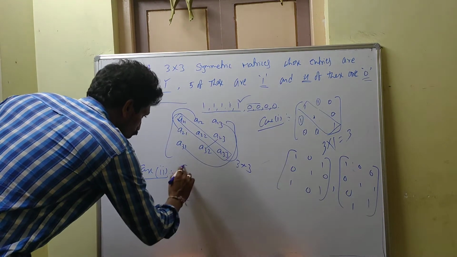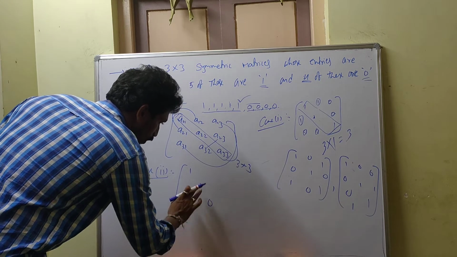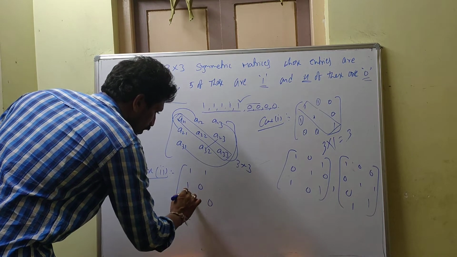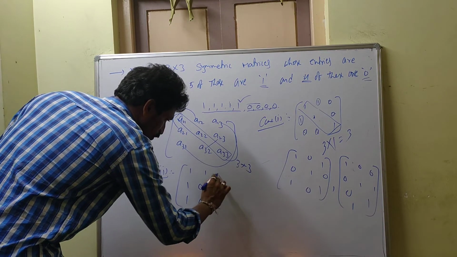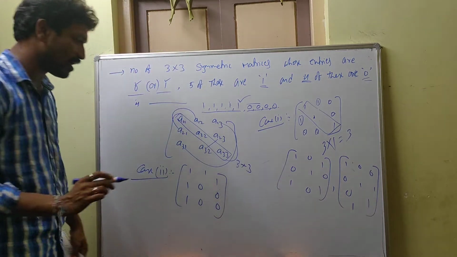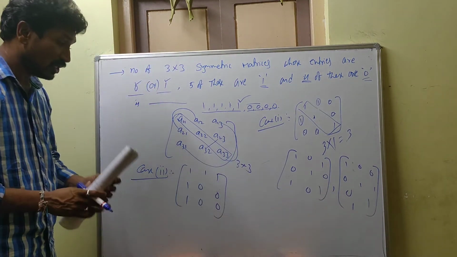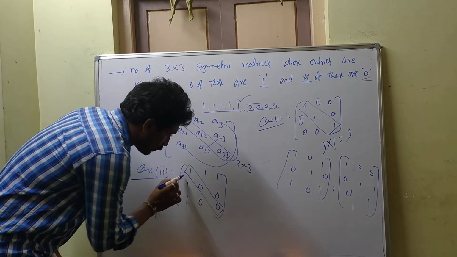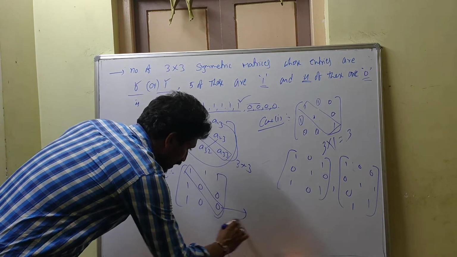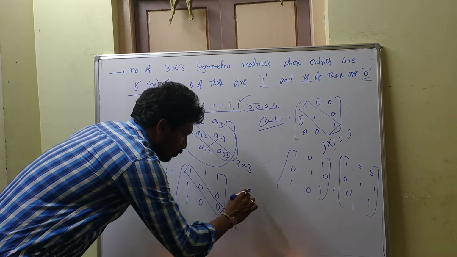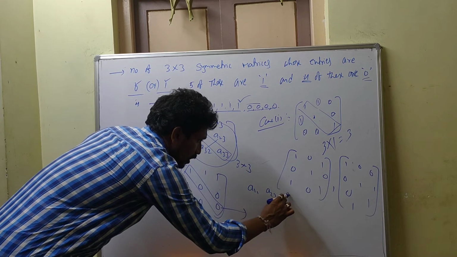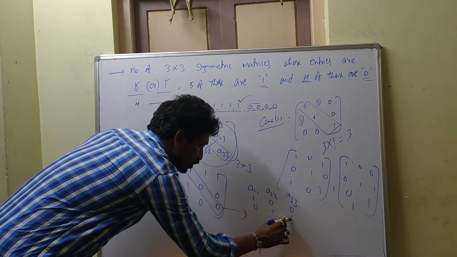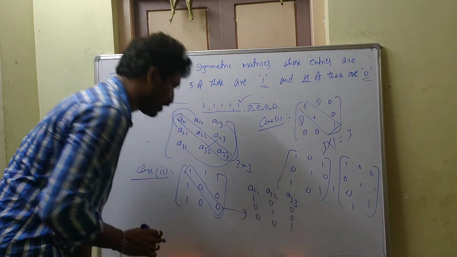Okay. See case 2. So here if you fill with 0, 0, 1, the rest of them will be here 1, here 1, here 1, here 1, here zeros, here zeros. So observe here, this is also a symmetric matrix, very clearly. But this is only the possible way to fill. We have many possibilities. Here 3 entries are there. Say this is A11 position, A22 position, A33 position: 1, 0, 0 or 0, 1, 0 or 0, 0, 1. These are the 3 possibilities.